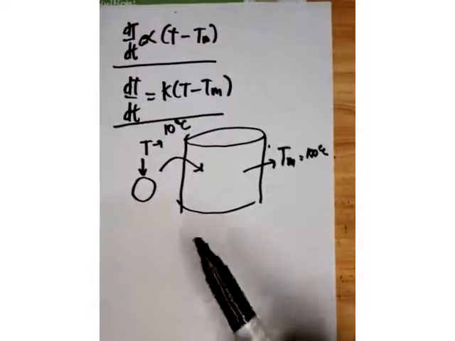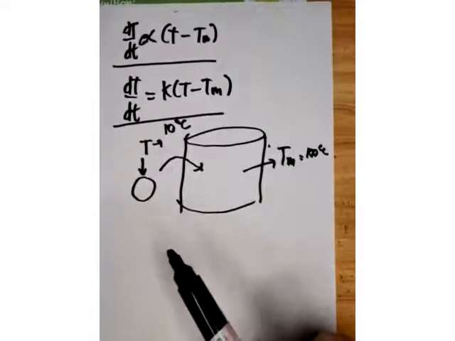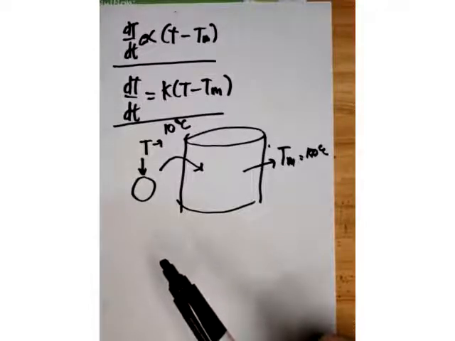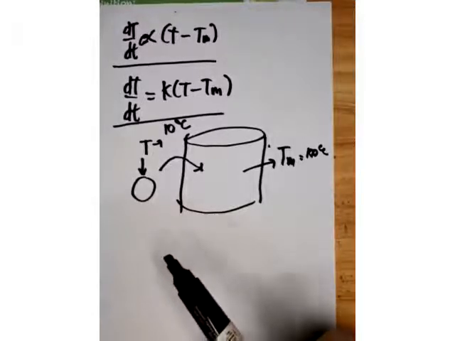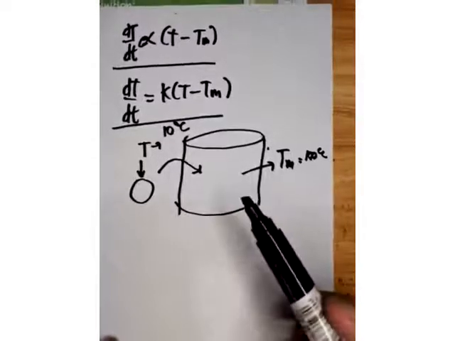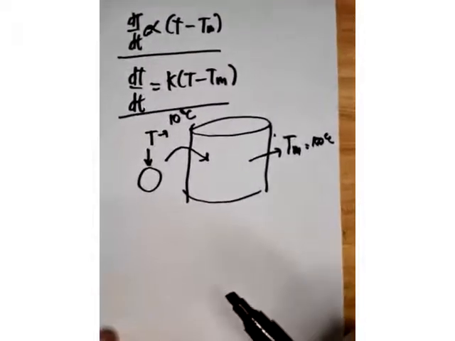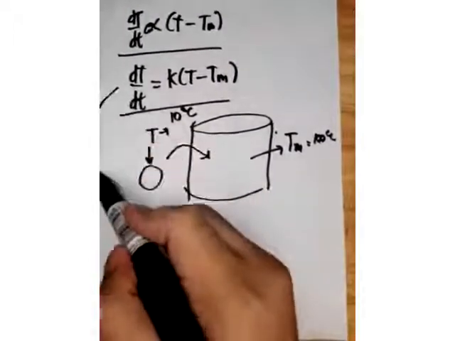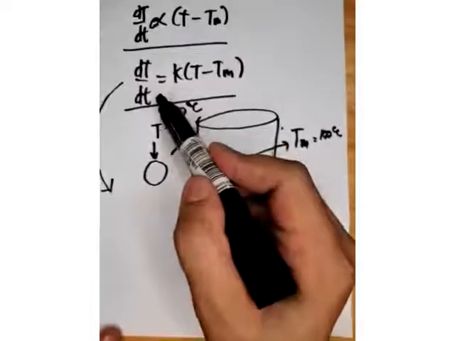Okay, so halimbawa, if we place it in a hotter object, the object will become hotter. Or if we place it in a colder, cooler object, therefore, the object will also decrease in temperature. Ayan. If you want to find the temperature of the object at any given time t,